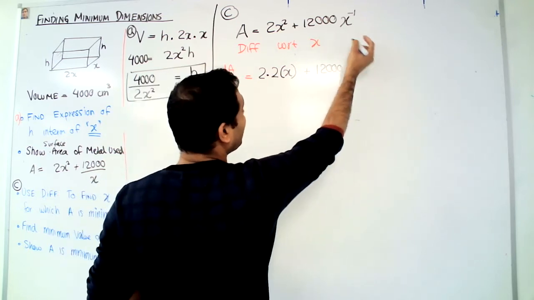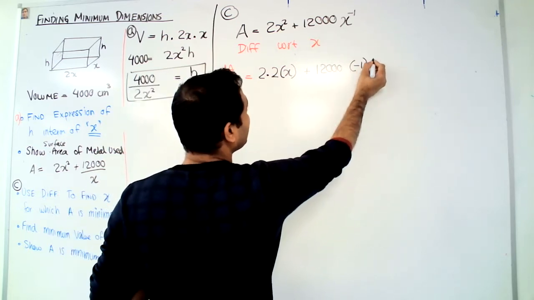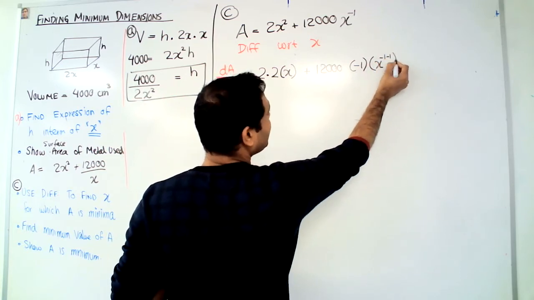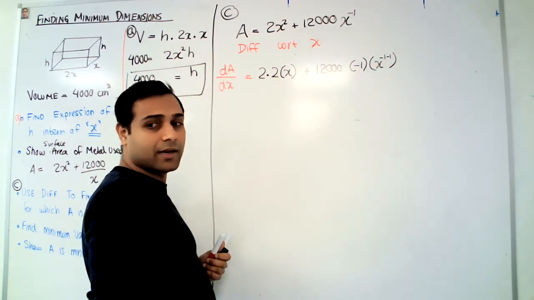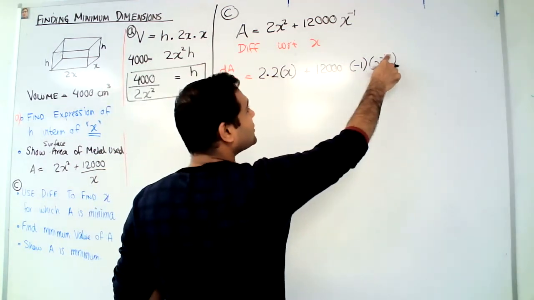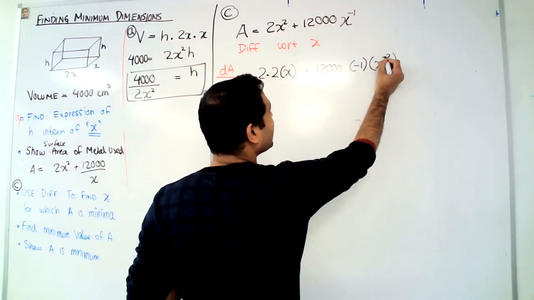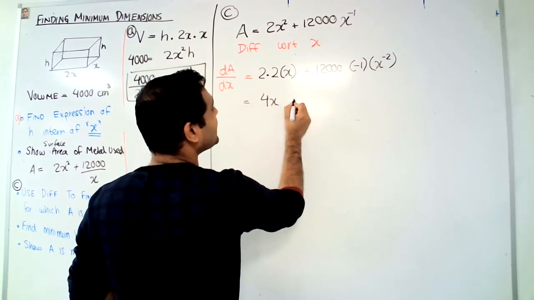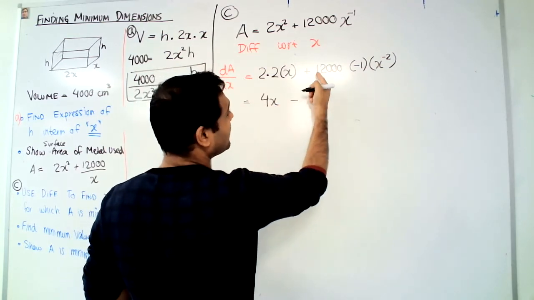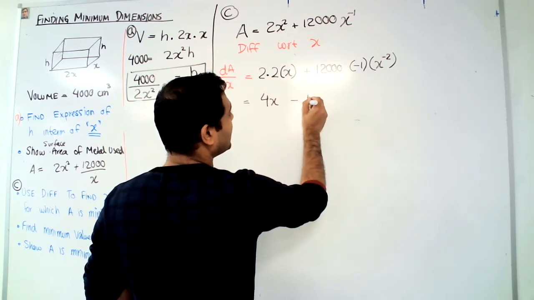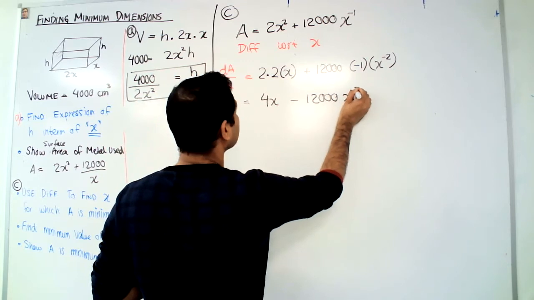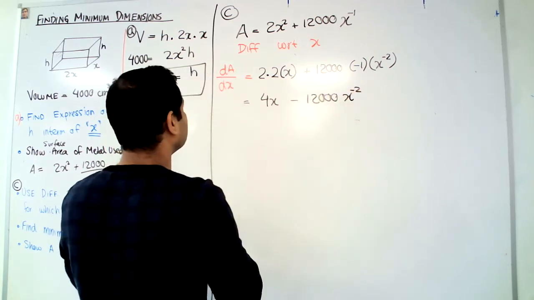When I differentiate that one, the power comes out, reduce the power by 1, minus 1 minus 1 gives you minus 2. So that becomes 4x minus 12,000 x to the minus 2. That side becomes dA